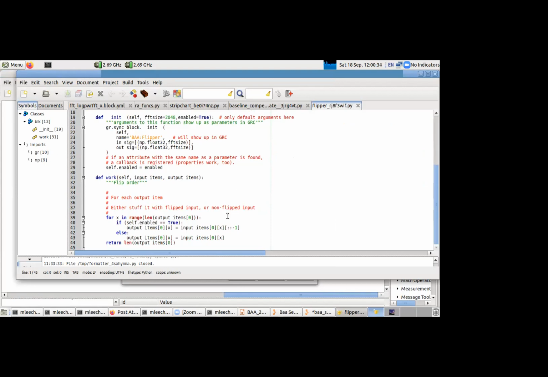So either we're flipping, that is, we're enabled as a flipper, in which case the output items are a flipped copy of the input items. And the main expression you see here basically means take all the items in that list and reverse the order. So one line, less than a line, a fraction of a line of code, and you've done